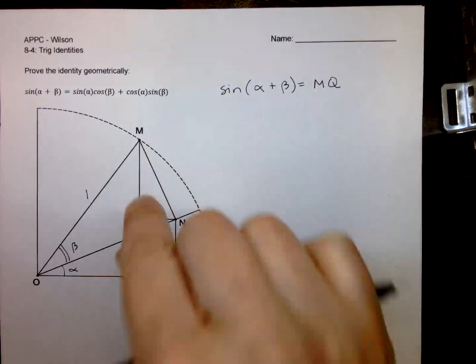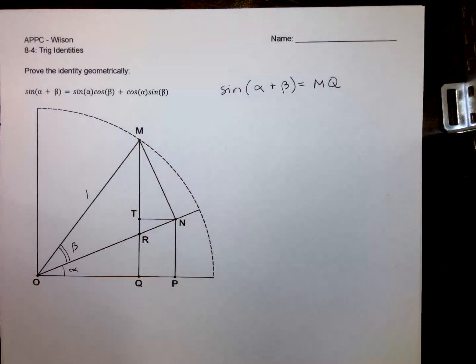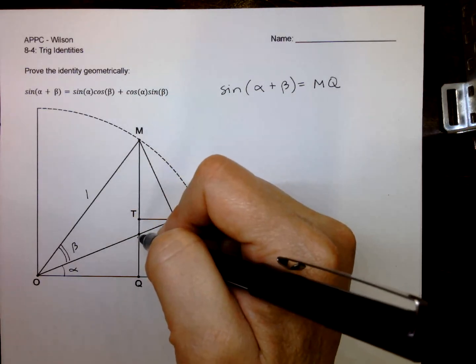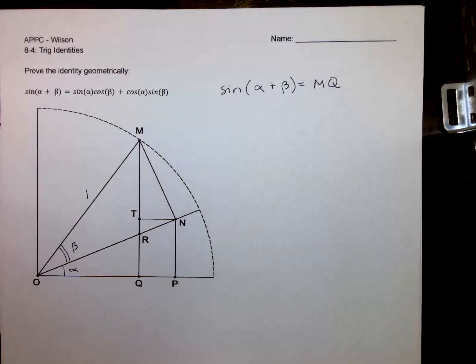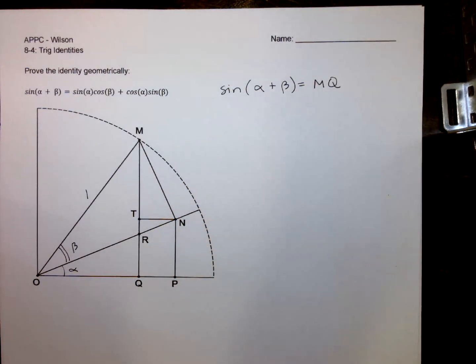And I could write it as the sum of a couple smaller segments. I mean, there are 3 segments down here I could break it into if I wanted to. I think what I'll do is I'll break it into 2 segments, MR and RQ. Now, how do I know that that's what I should break it into? Mostly because I've tried this proof before, and when I tried to break it up into the other pieces, it didn't work. So what you're seeing right here is me doing this proof probably for the 5th or 6th time,